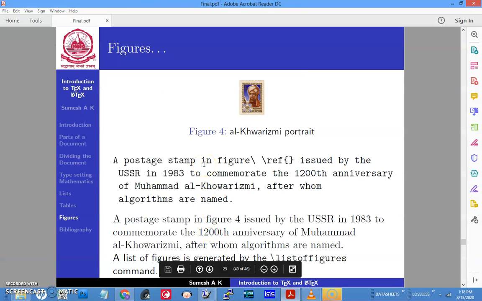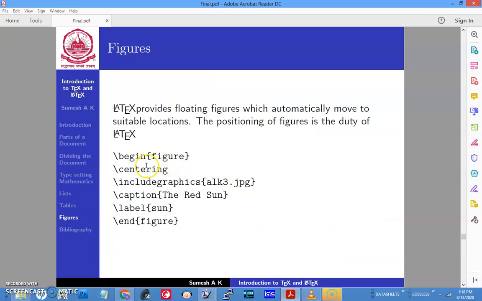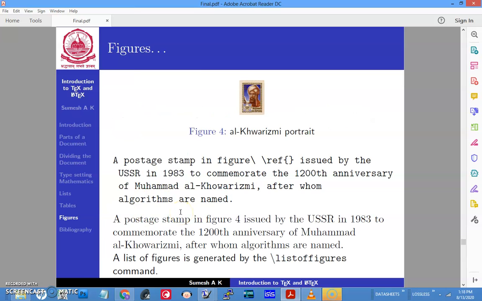So to include figures, LaTeX has its own methods. You can use the includegraphics command, and you can specify the figure, its scaling factor, caption, label, etc. The advantage is that referring to the figure in the text becomes very easy, because LaTeX takes care of the numbering. This figure 4 is numbered by LaTeX. So in the text I can simply write \ref and the key, and the text will come